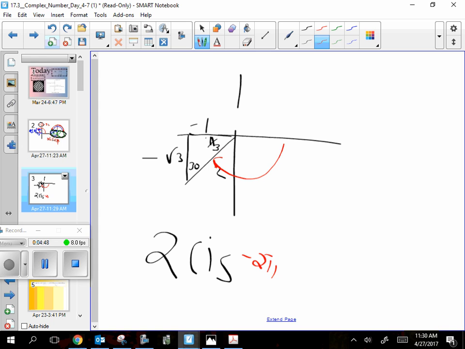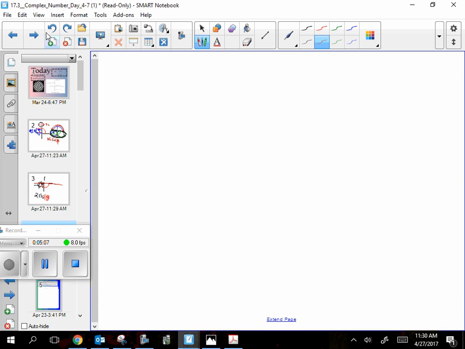2 pi over 3. Okay. Message received about negative world. The whole underworld, this area under here, all of that is to be done in negative angles. Okay? All right. So, really what today boils down to is teaching you what's called DeMoivre, but that's really only